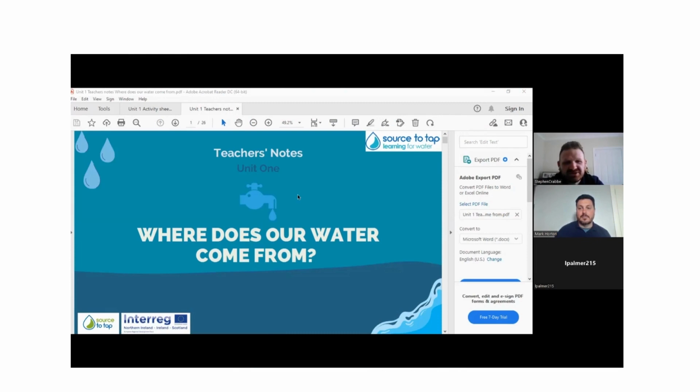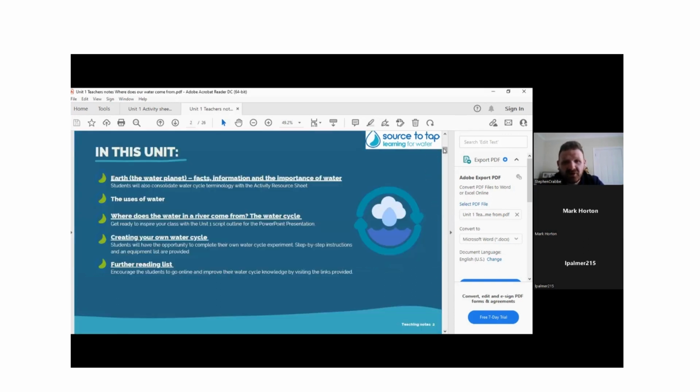We have our teacher's notes here for Unit 1. Where does our water come from? Each set of units is set out like the following. There is an overview, or an at-a-glance, of what the unit contains, and that will be on your first page. If you take a wee glance at this, you can see in this unit it